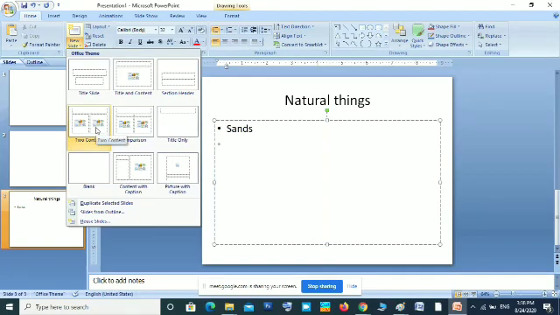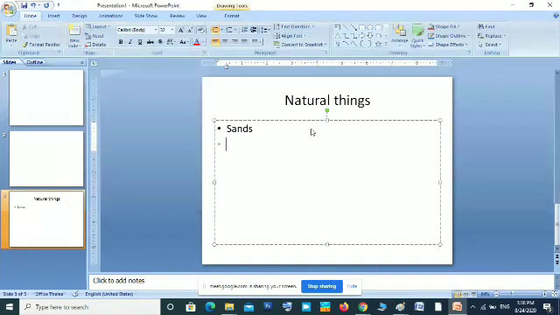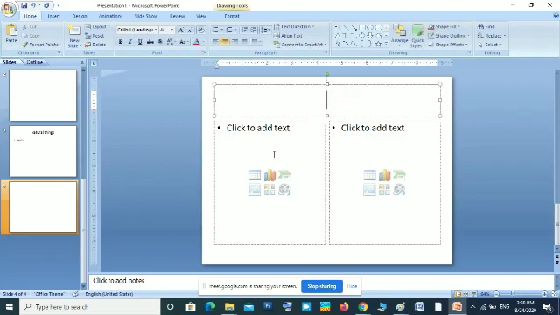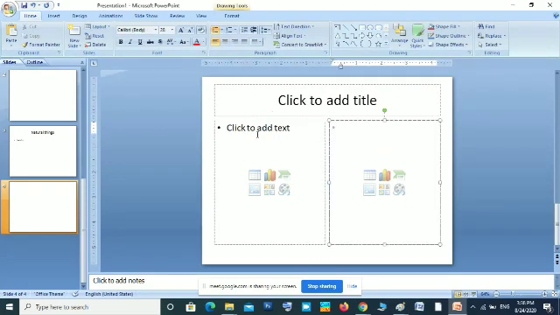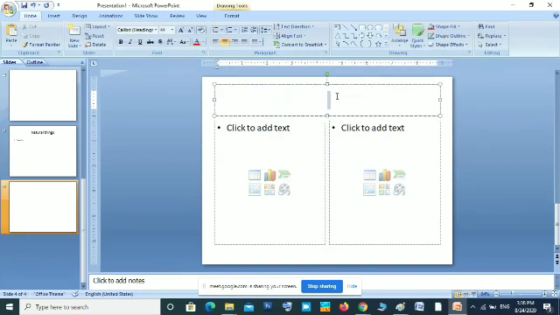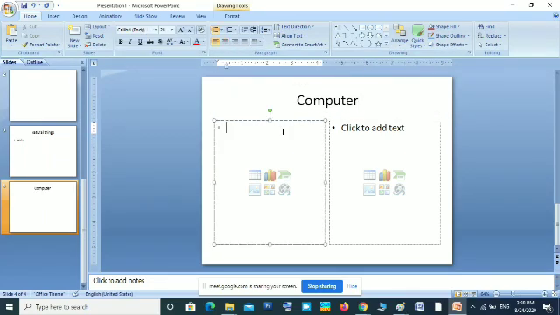Two Content, this is another layout. One title you can give, then 2 contents you can give. That means for comparison, etc. For advantages and disadvantages. So suppose you are talking about computer, here you can write the advantages: fast, accurate.